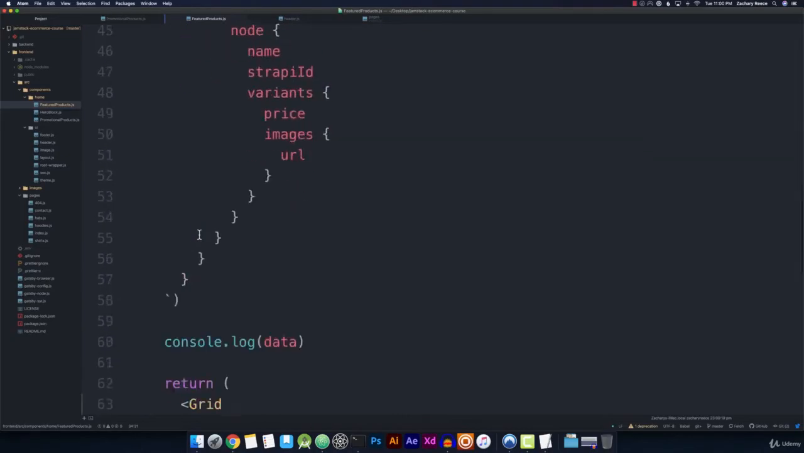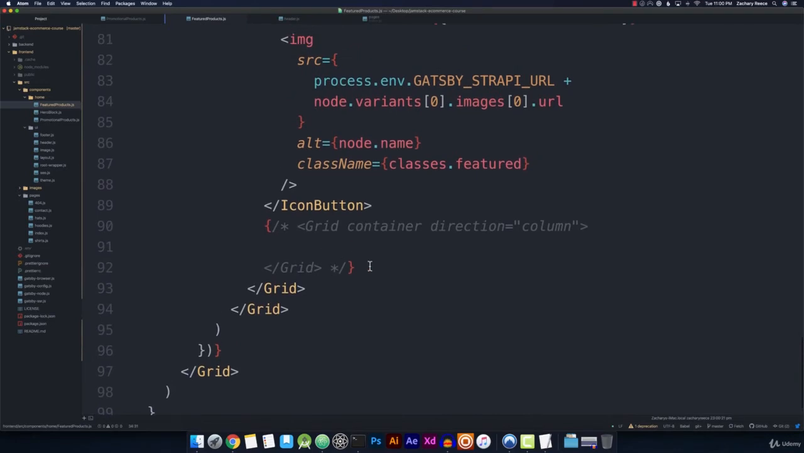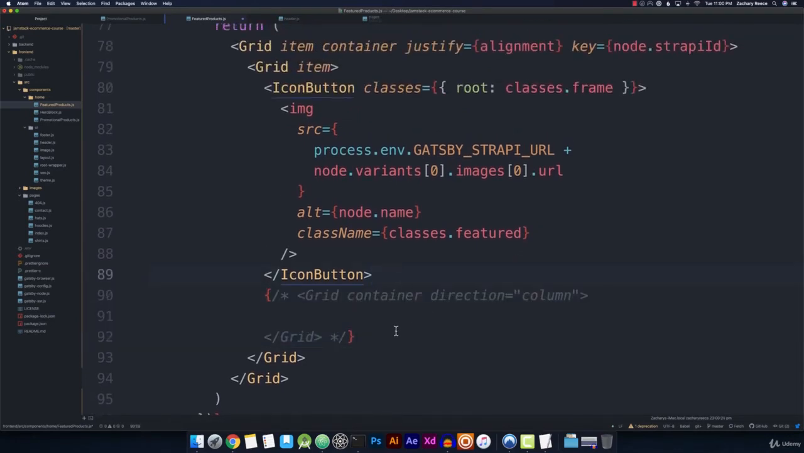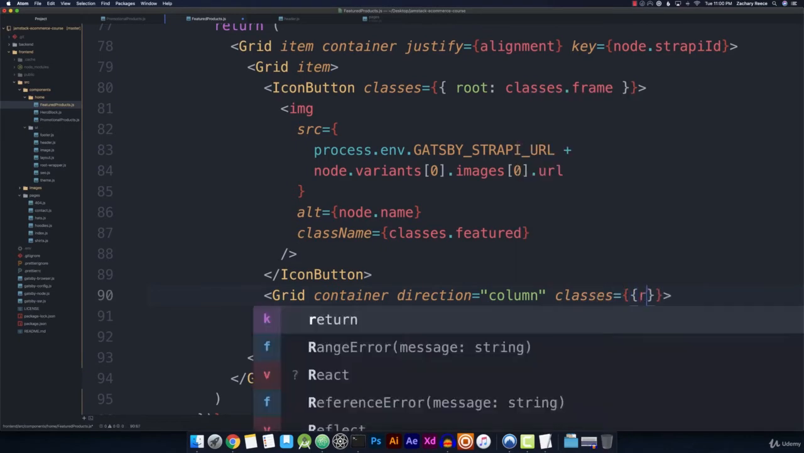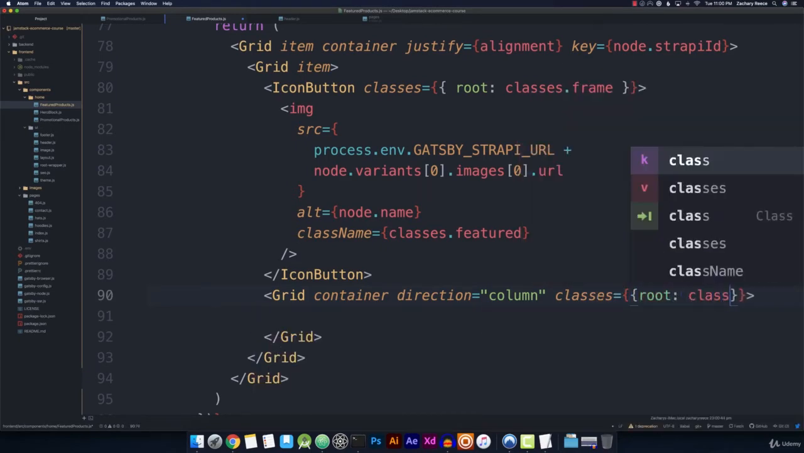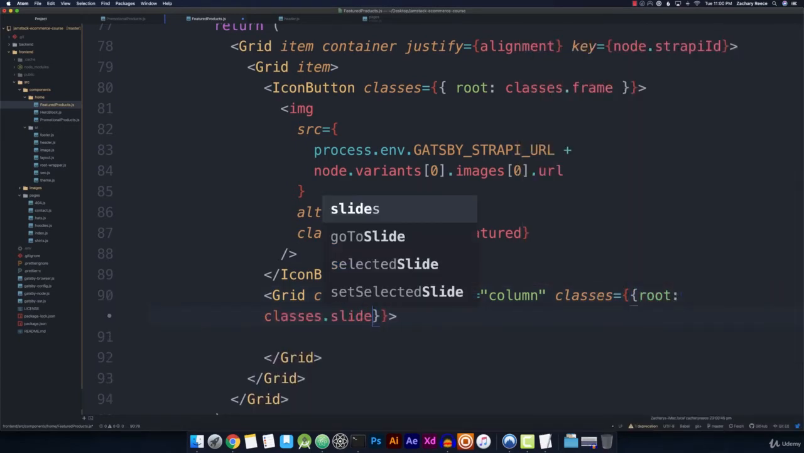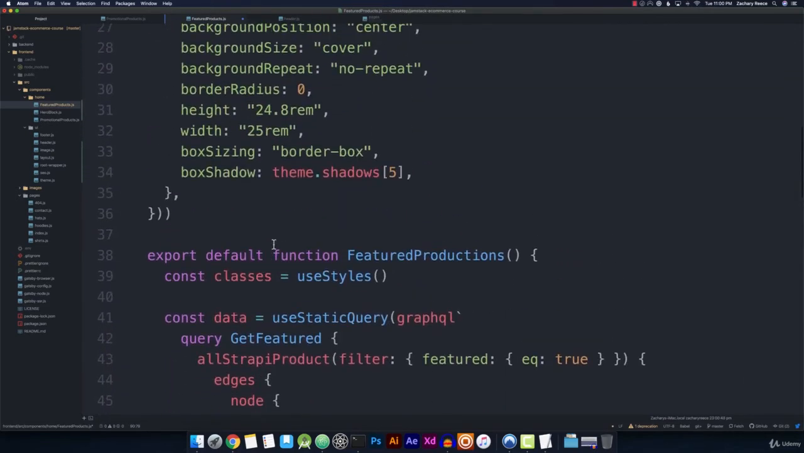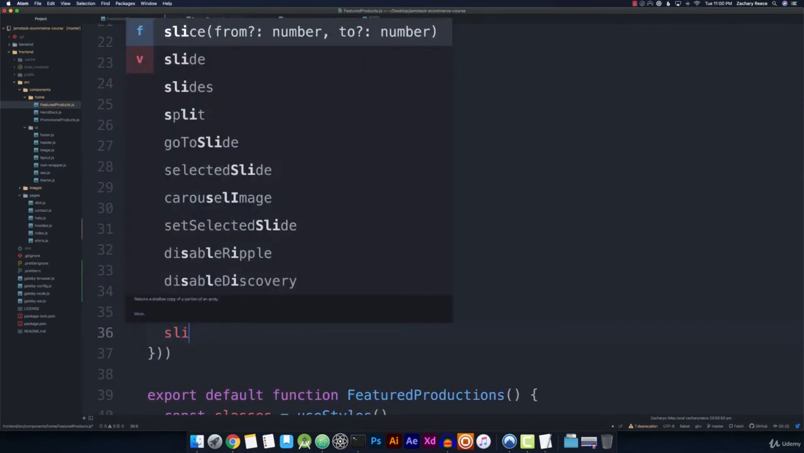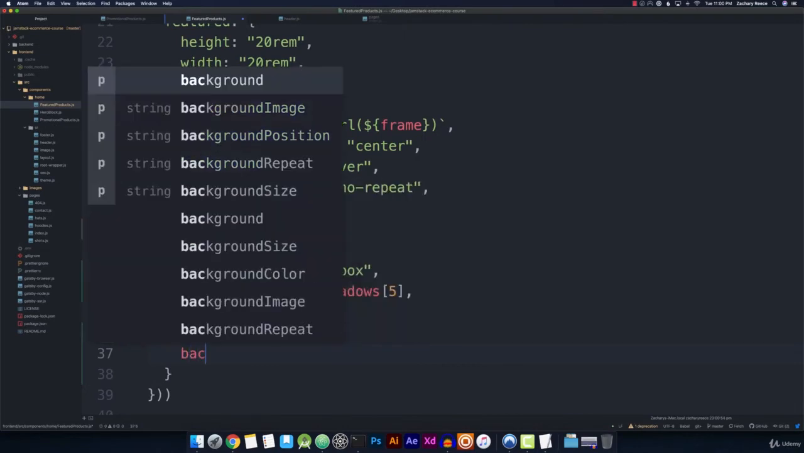So let's go back to the code, and we had previously commented out this grid container direction column next to the icon button, and this is going to represent our actual slide. So I'll go ahead and uncomment this out. And we won't add anything in here yet. Let's just get all these styles working. So we'll go ahead and give it a classes prop, the root class for the grid of classes.slide. Then we can come up, create our slide class in the style object,